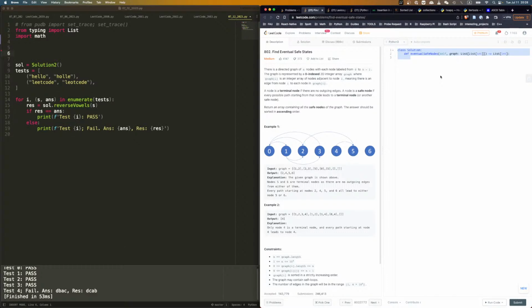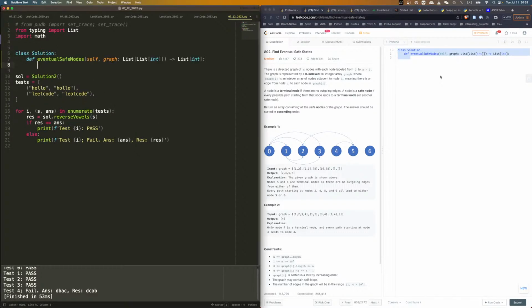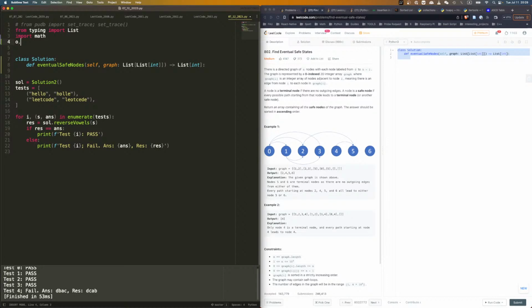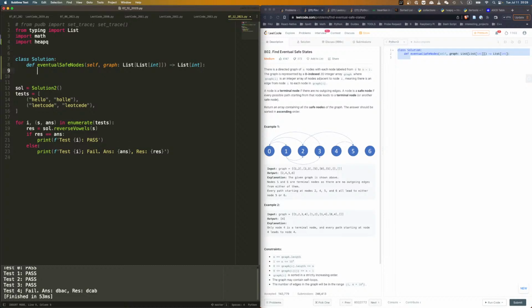Topological sort. What do we need? We need a heap. Then we need the number of out edges, right? The number of out edges. We don't need a graph. We just need the number of out edges. And we need to delete. We need to turn everything into a,